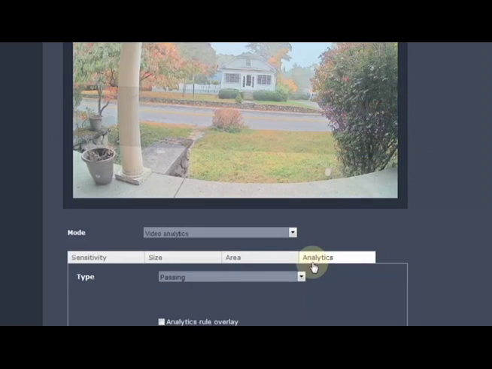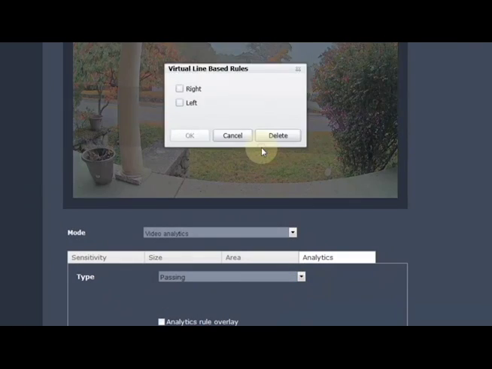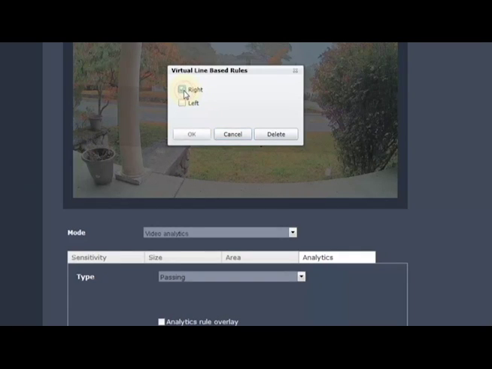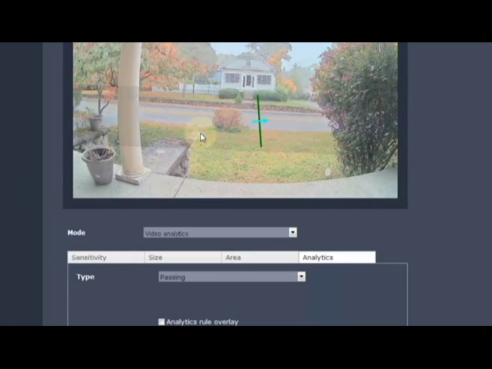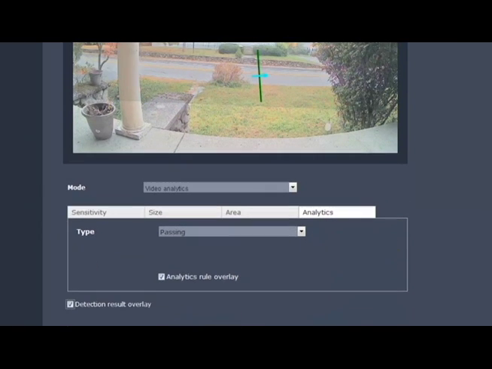and then we can go to analytics, and we have a variety of different analytics that can be running at the same time. We're just going to do the passing for right now, and all we have to do is draw a line on the screen, and we tell it when the vehicle or the object goes from left to right or right to left or both, and you'll see it on the screen. We can also check the analytics rule overlay if I want this line and arrows to show up on my video screen. And detection result overlay, do I want to be notified on the video window when there's an analytic